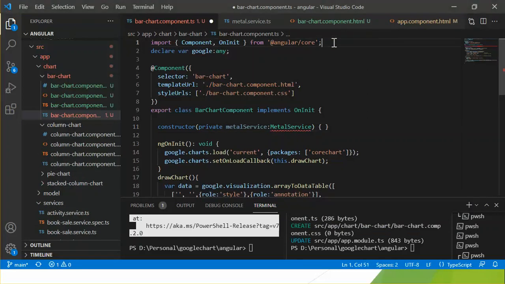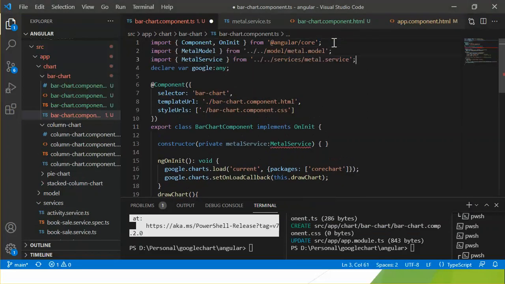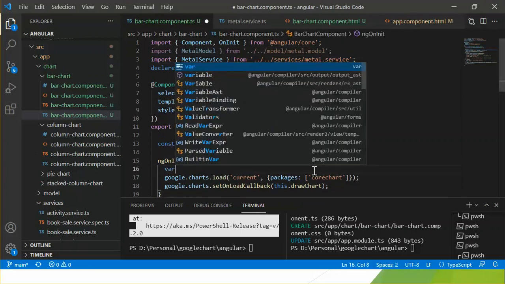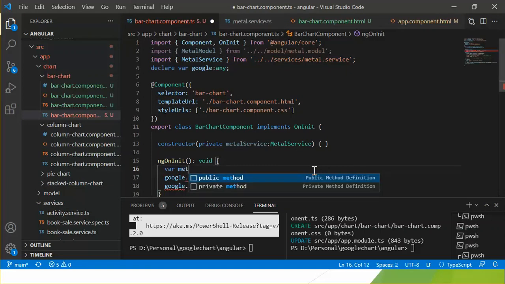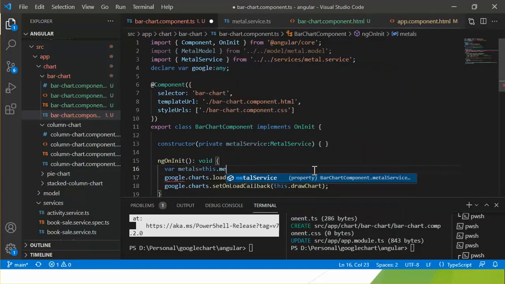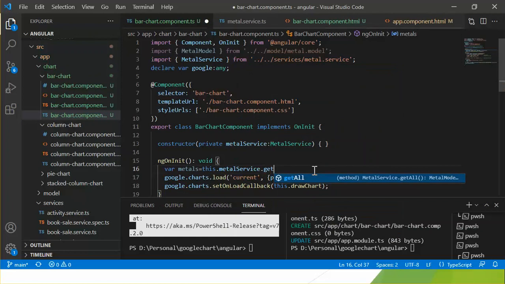Let's fix the import issues. Declare a variable here, metals, and use the metal service to call the getAll method.